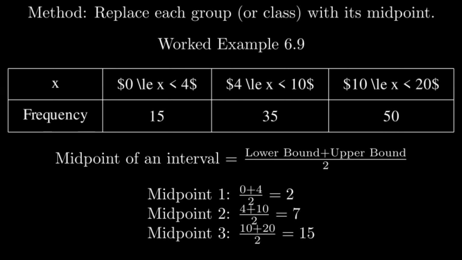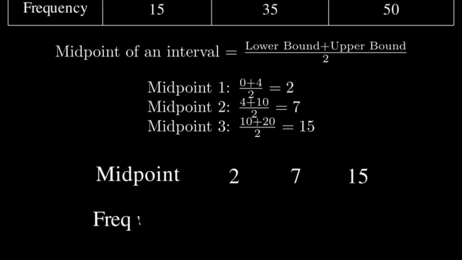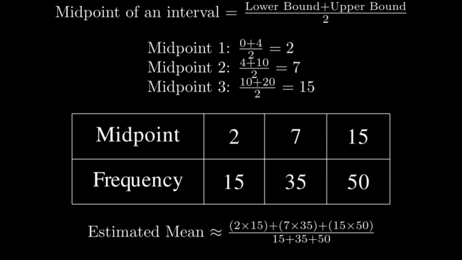For the first class, it's (0 + 4) / 2, which is 2. For the second, (4 + 10) / 2 is 7. And for the third, (10 + 20) / 2 is 15. Now we have a new table with midpoints and frequencies, and we can calculate the mean just like we did in the previous example. We multiply each midpoint by its corresponding frequency, sum these products, and then divide by the